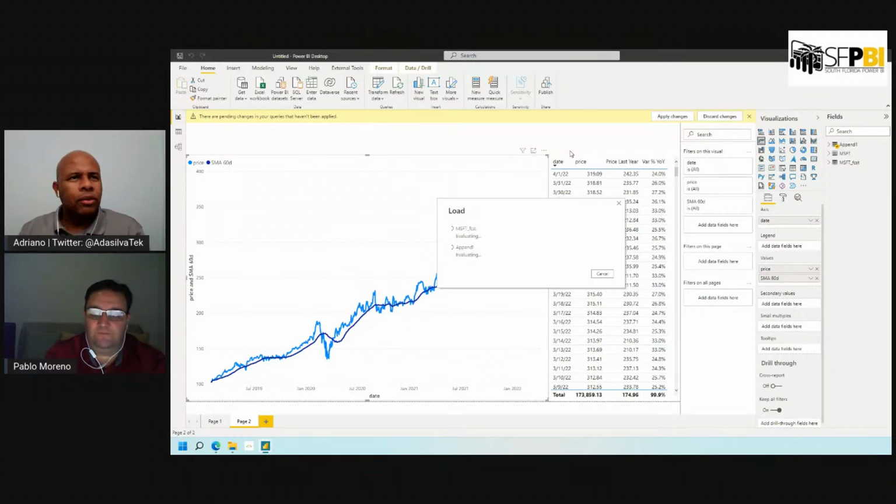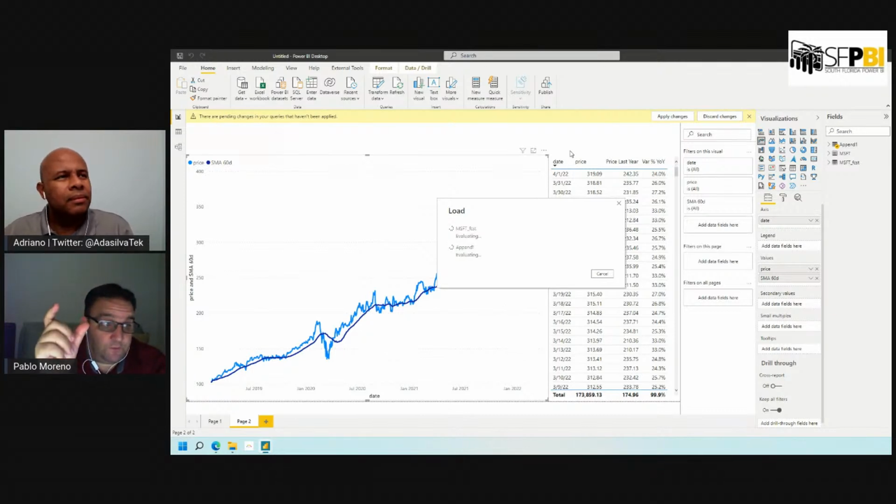All right, Pablo. So, like you're saying, right now it's retrieving the data, applying the model, then processing it. Yes, and I created a dynamic parameter to calculate the days to forecast ahead,